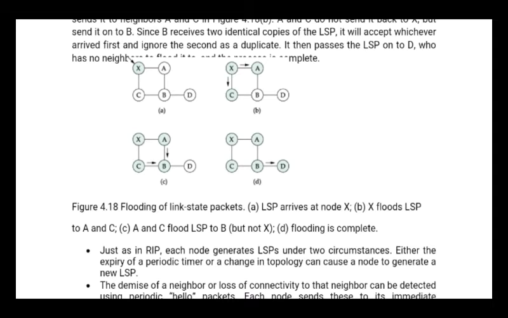Next, B has received the LSP from C as well as from A, but B is going to decide based on whichever message arrived earlier, and it checks the sequence number and so on. If it is the new, latest one, then it updates with the message which was received earlier, and B is going to forward this information to D. D does not have any other directly connected nodes for further flooding, so D is not going to forward it. In this way the flooding is completed. So this is how exactly it works.